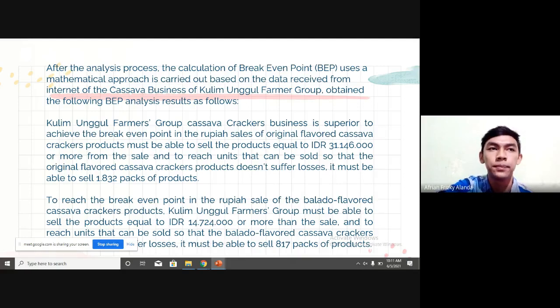The Kulim Unggul Farmers Group cassava crackers business, to achieve the break-even point in the rupiah sales of original flavored cassava crackers, must be able to sell products equal to 31 million 146,000 rupiah or more from the sale, and to reach units that can be sold so that the original flavored cassava crackers products don't suffer losses,